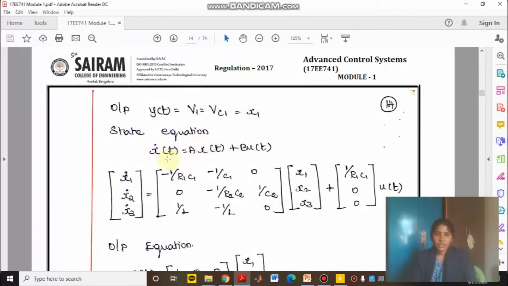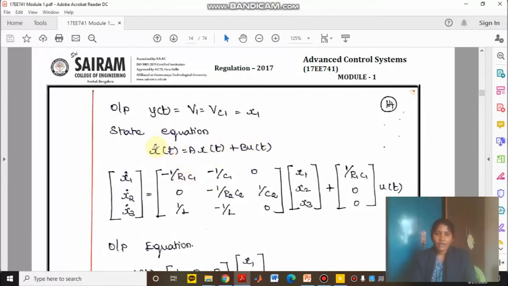We know that the state equation is x dot of t equal to A x of t plus B u of t. What is the order of the matrix A? How can we identify it? How many state variables do we have? N, 3 state variables. So this is going to be 3 and here x is also going to be 3. Therefore the order of the matrix A is 3 cross 3. What is the order of the matrix B? U: how many inputs did you have? Only one input, so here 1. How many state variables? In the first order differential equations you have 3. So your B matrix has to be 3 cross 1.